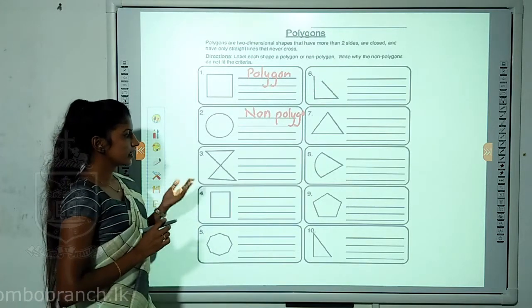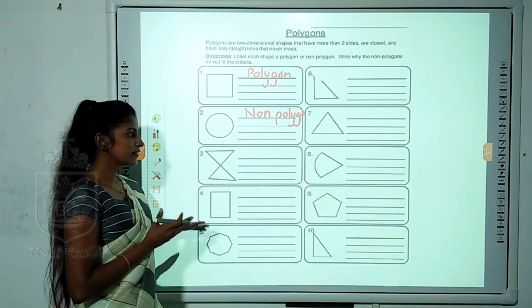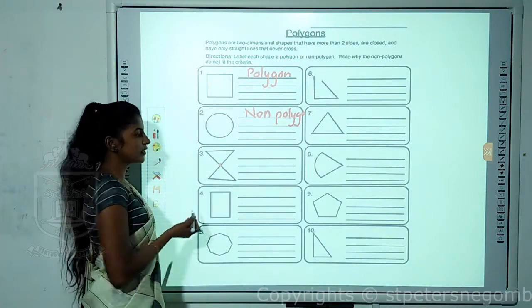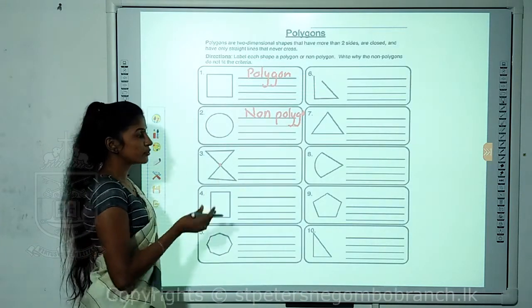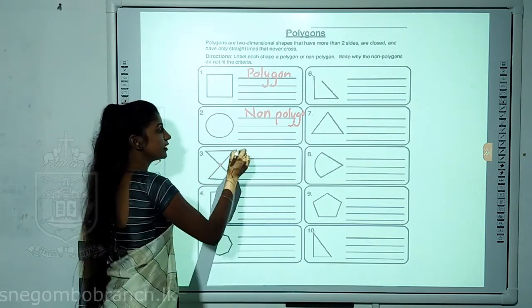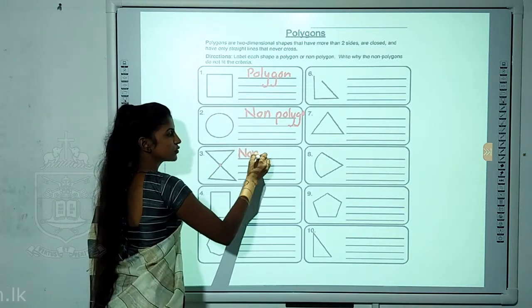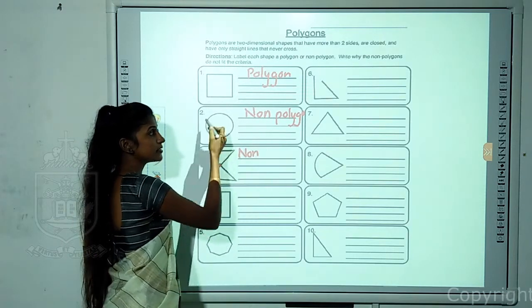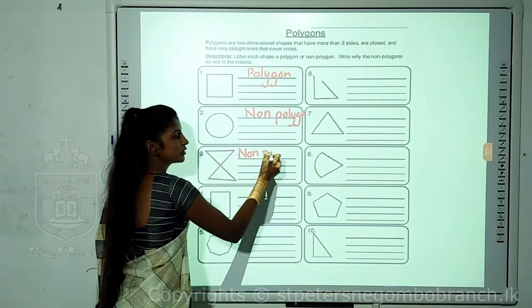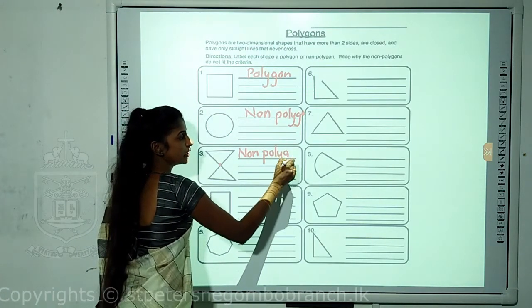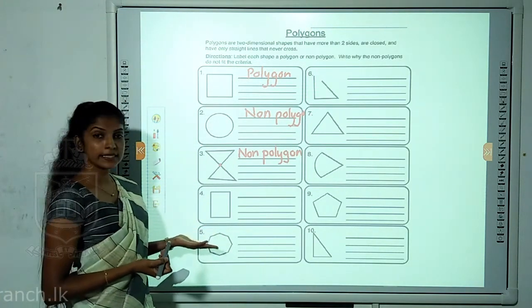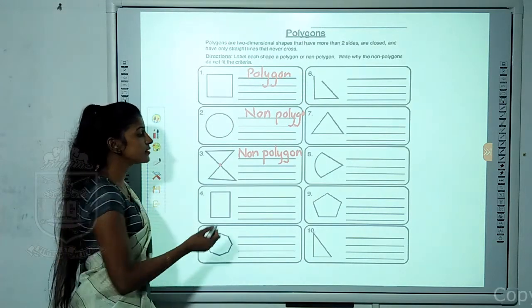Right. Third figure, you all can see it's a closed one. At the same time all are straight line segments, but here you can see an intersection point. Two sides will intersect at a point. So if the lines are going to intersect, we are not going to consider them as polygons. So again it will become a non-polygon. You all can write the reason here. For the previous one, the reason is a curved line can be seen. Here the reason is intersecting lines present. I'm only defining whether it's a polygon or a non-polygon. You all have to write the reason. Fourth one, again you all can see 4 sides, closed one, straight lines. So it's a polygon.